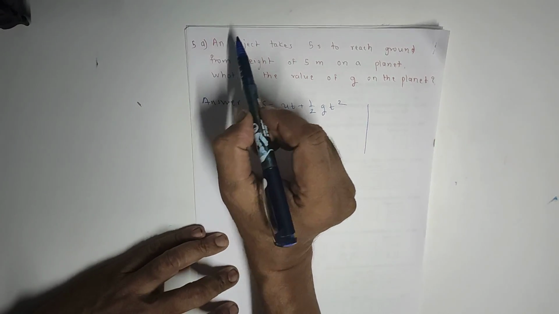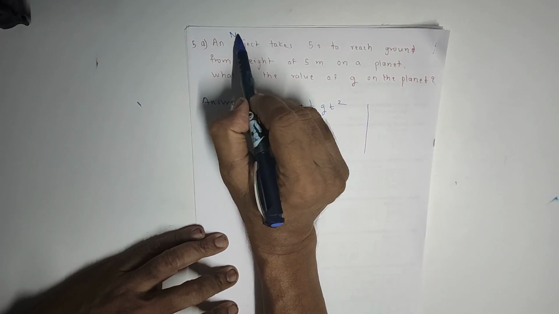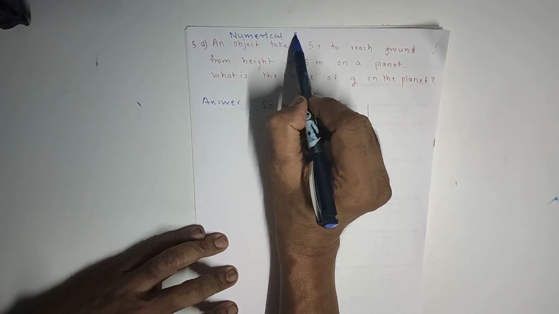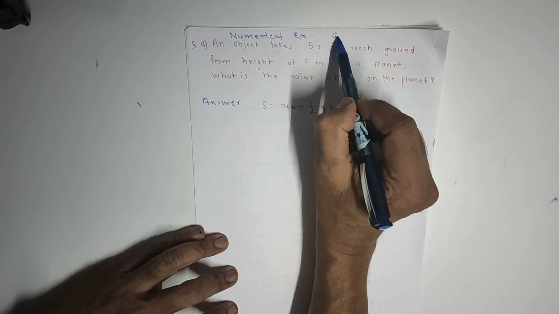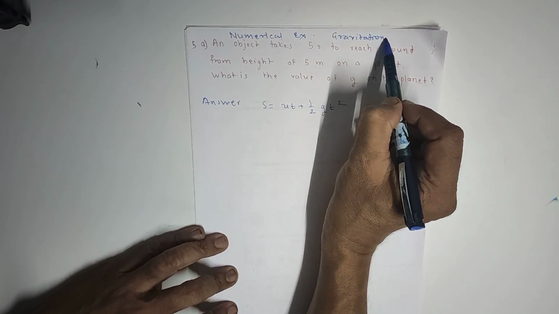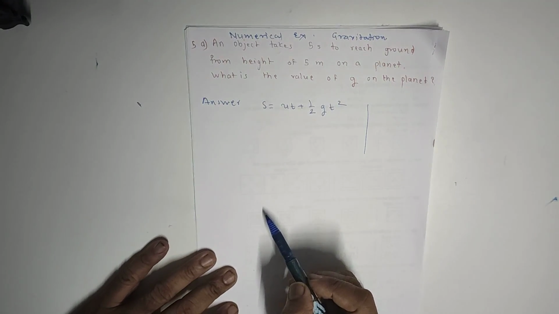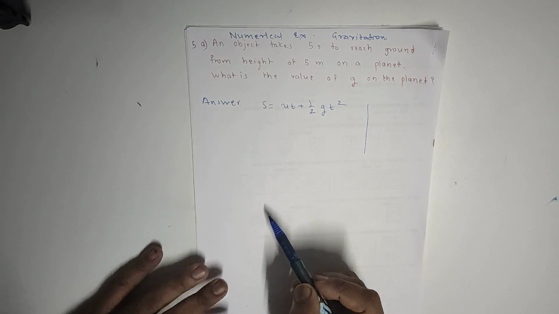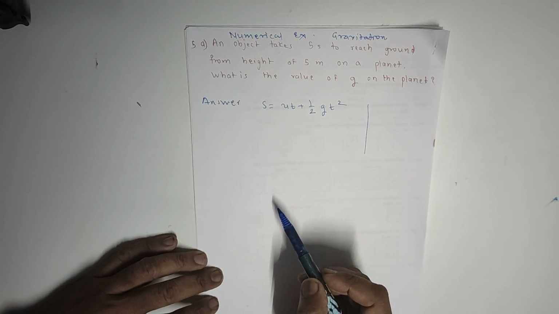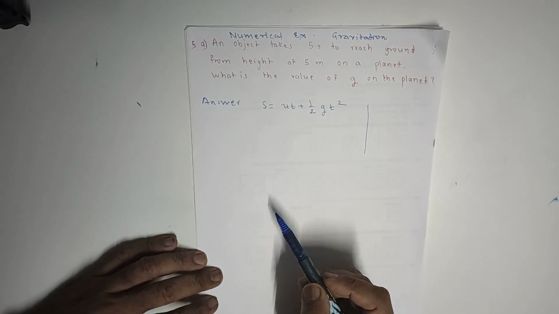Let us consider the numerical examples of first chapter, Gravitation. These examples are important from the point of view of our board examination. There are 7 examples in the exercise. First example,